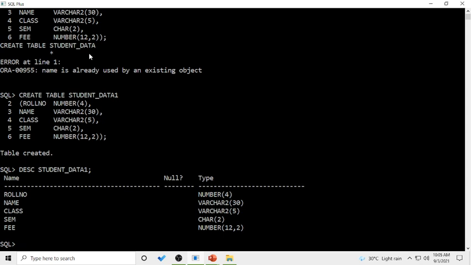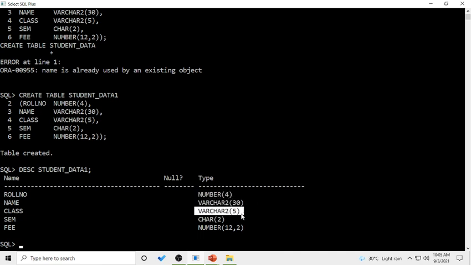See it here. So roll number, name, class, semester, and you can see here the data types you have decided. Roll number will take number data up to four digits. Name will take character data up to 30 characters.